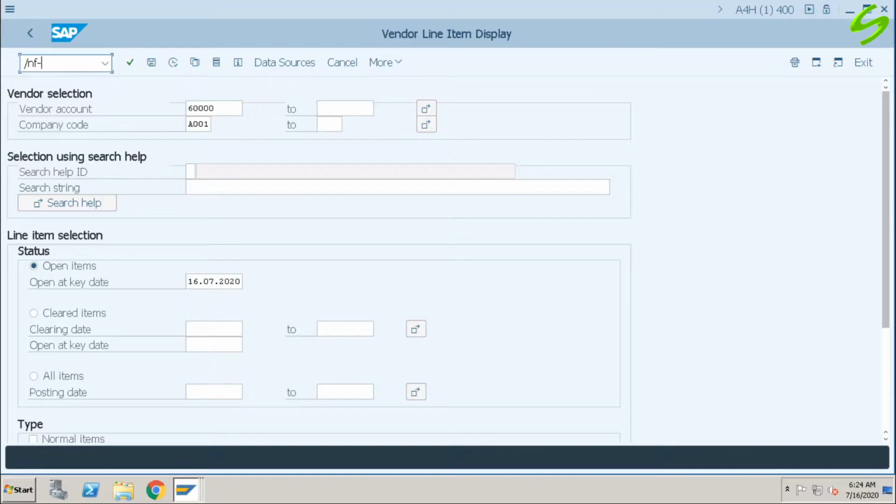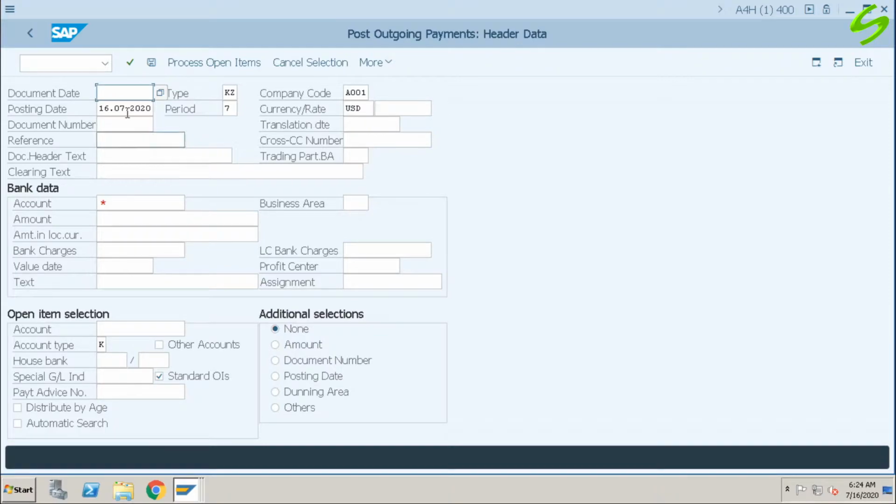/n F-53. Document date. Header text: part payment. Bank account 200105. Amount, for example, I want to pay 5,000.